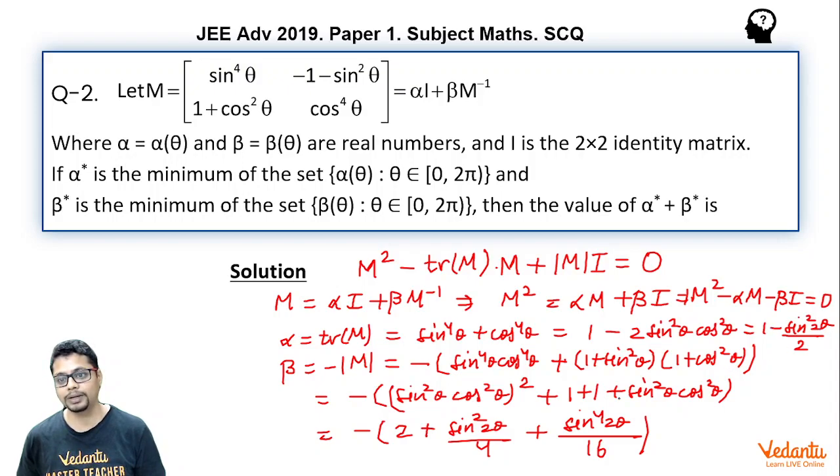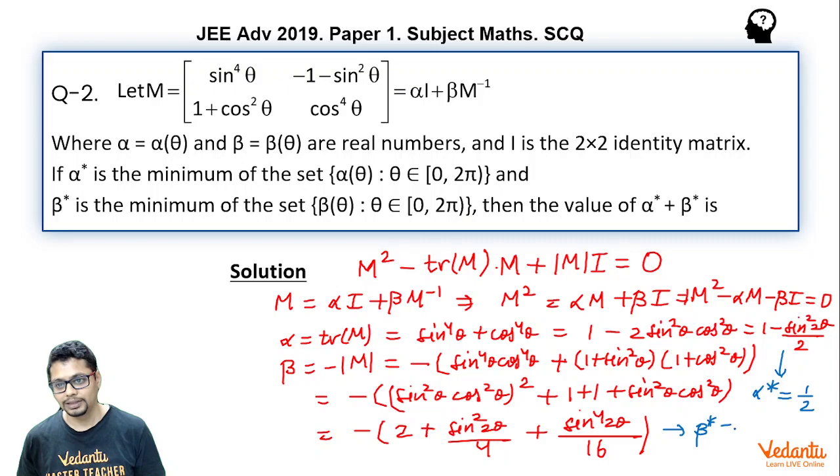Because those terms are coming with a minus sign, and sine square 2 theta has a maximum value of 1, which it will definitely take as theta varies from 0 closed to 2 pi open. So by that we can say the minimum value of alpha, as you put sine square 2 theta to be 1, becomes half, and the minimum value of beta, which is